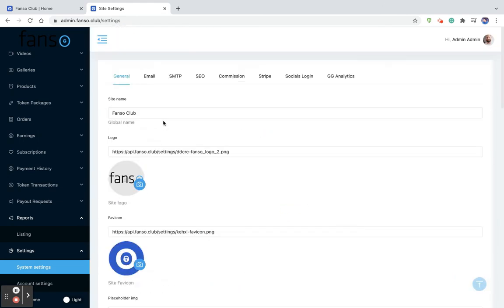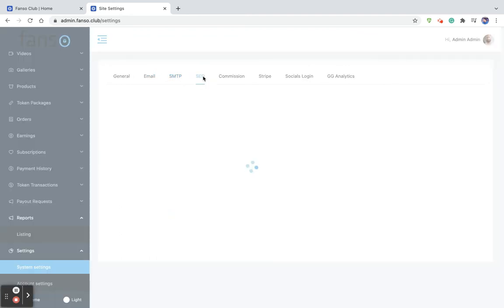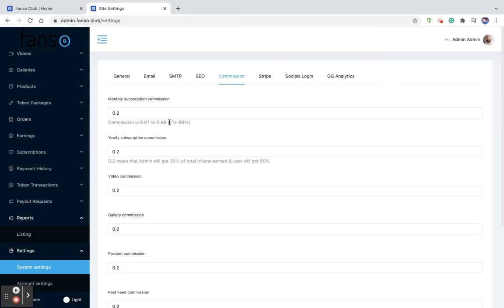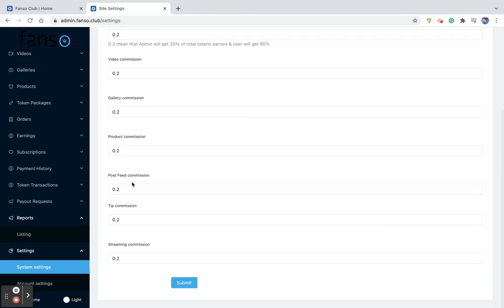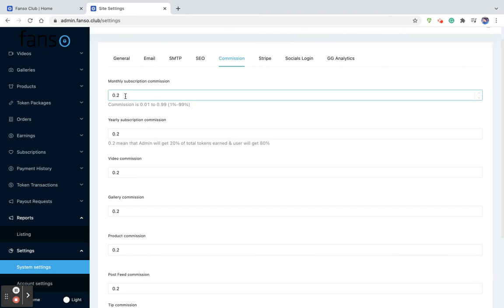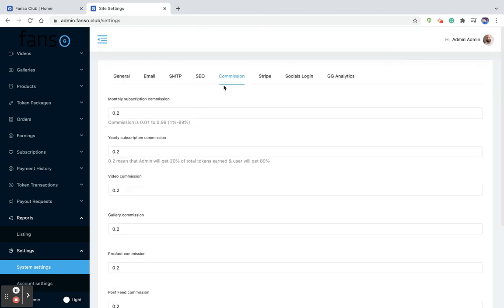Okay. And then going to the email settings, basically you can enter your email address or the sender email from which the emails have to trigger for all the user notifications and model notifications. These are SMTP settings, these are SEO settings, and these are commission settings. So when admin onboards a model, he can go to a specific model profile and set a different commission percentage, or he can use the default commission percentage, which is set over here, so that when he onboards a model, the commission percentage set over here automatically gets picked up and applied to the model earnings, right? So this is the commission.